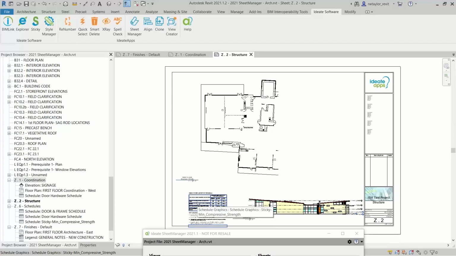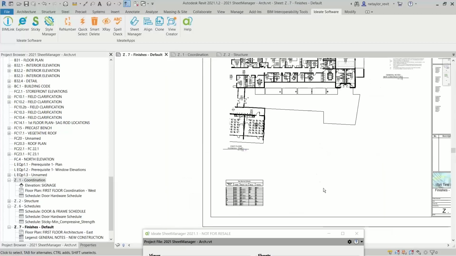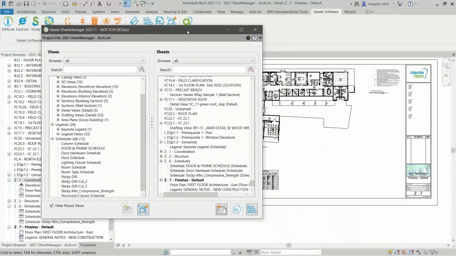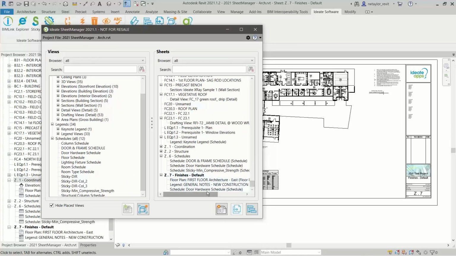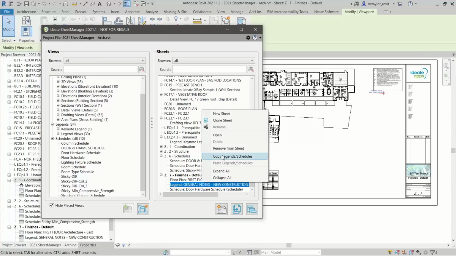And again, the other views like this schedule and this elevation are aligned by the upper left crop region. Well, you know, I realized something here. The original sheet here, if I zoom to fit, had this nice legend, and I totally forgot to do that. So I'm going to come down here to this finishes, look at the legend, click on it, right click, and say copy